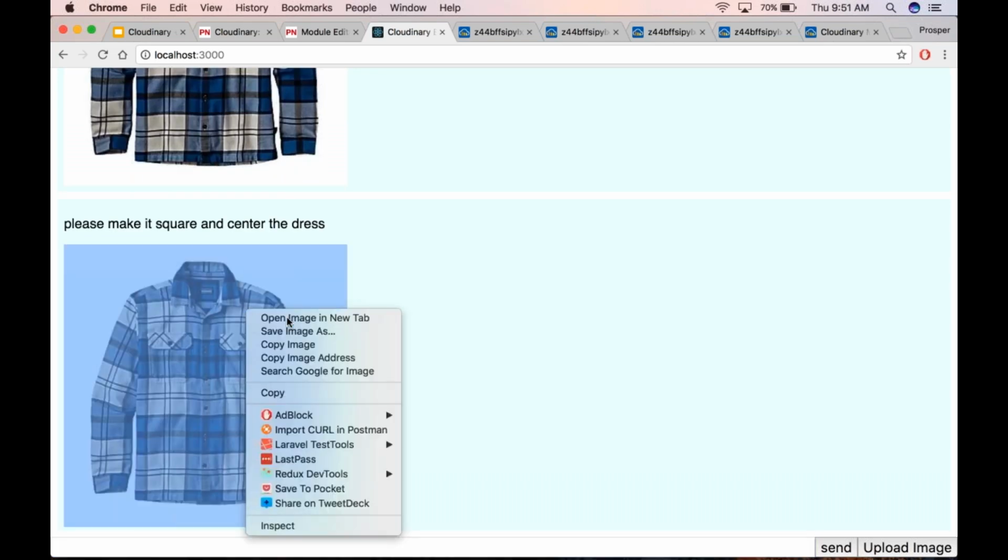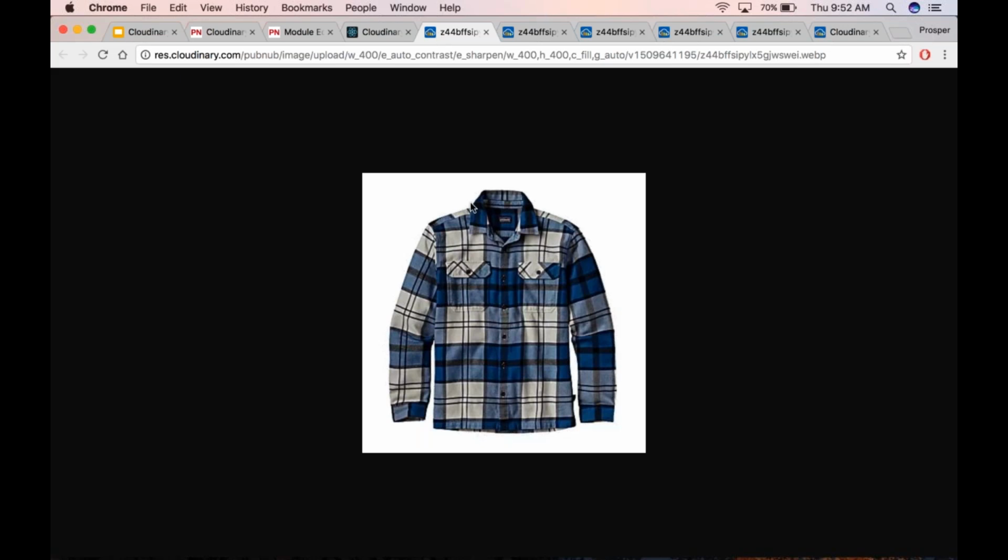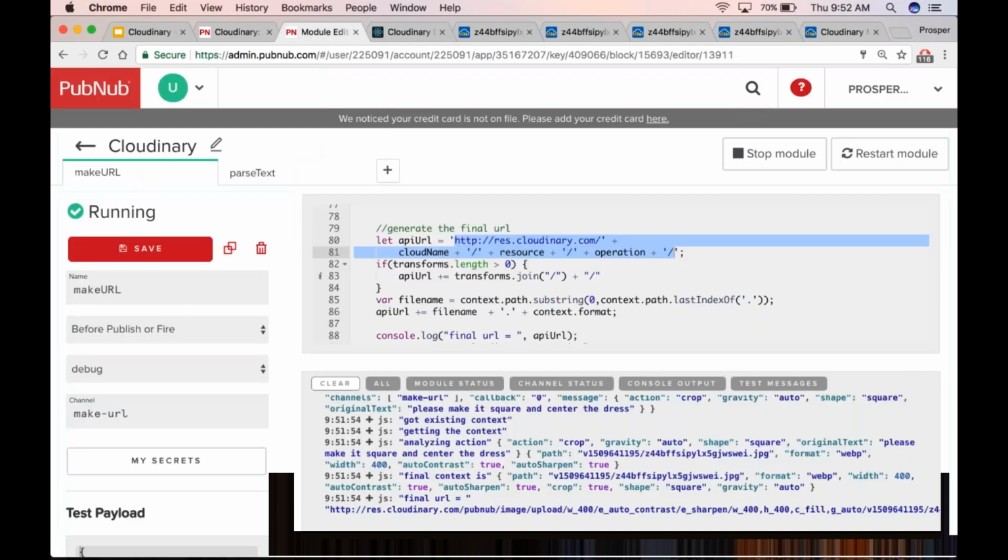All right, let's check it again. Okay, so you can see we have the width 400 and the height 400, and we have the crop fill. So we have centered the image, and right now it's basically a square. You can see how very simple it is for you to be able to perform this manipulation and optimization